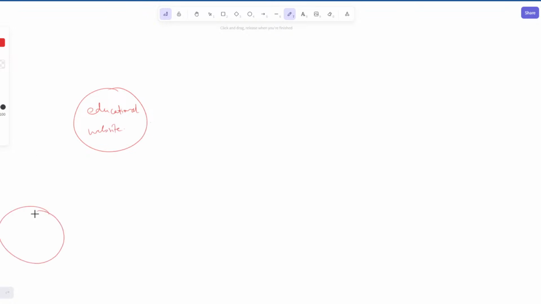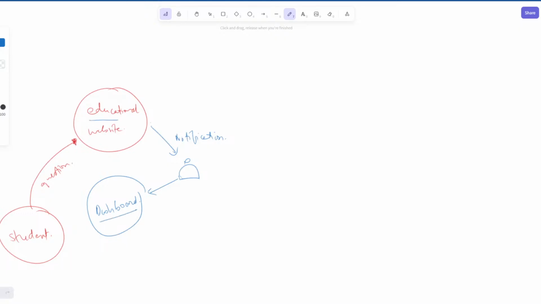A customer or a student or an engineer asks a question. The question has to be responded to, right? So usually this is what used to happen before LLMs. There would be a human who would actually get a notification, and after getting a notification they would go and open their dashboard. Here they would see the question, and then they would respond to it.